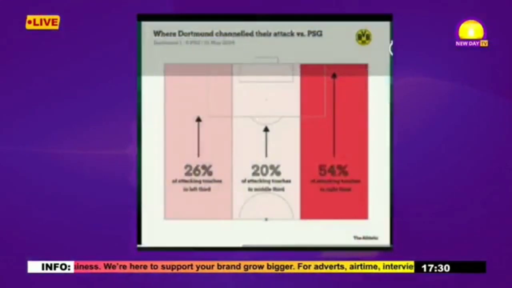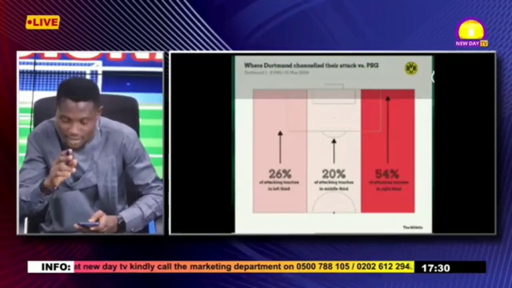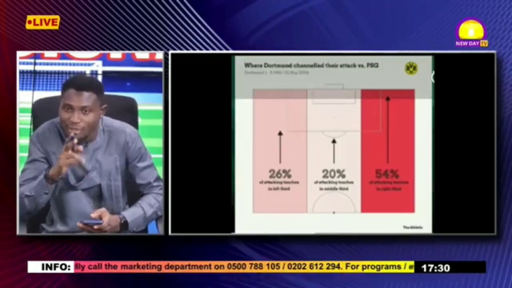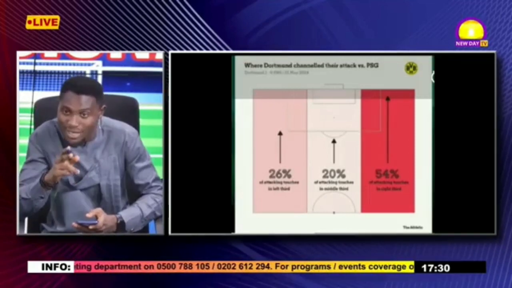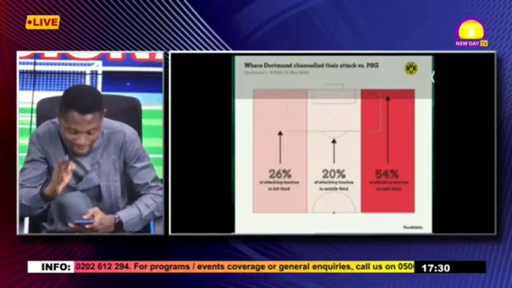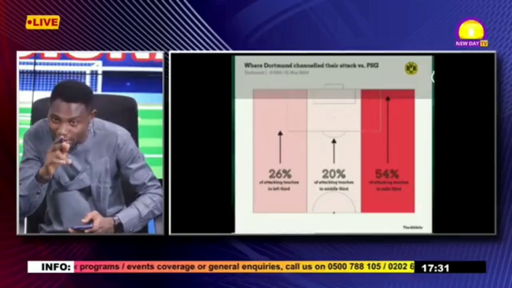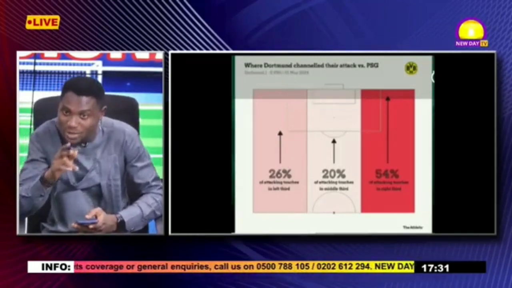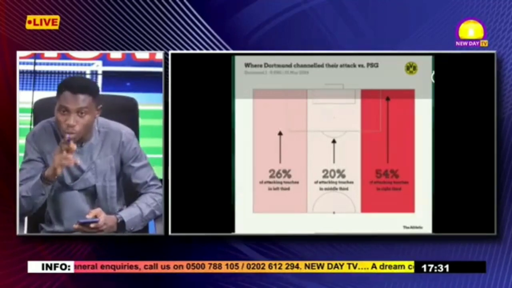On the first graphic, now it's here for you to share your screen. We have the attacking heat map, the attacking locations of Borussia Dortmund and how they intended to attack, specifically how the coach was instructing the boys. You could see the field tilt on the right-hand side of more attack has 54%. Their central attacking channels have 20% and the left-hand side of their attack had 26%. The main focus is the red area, the 54%, which shows exactly what coach Edin